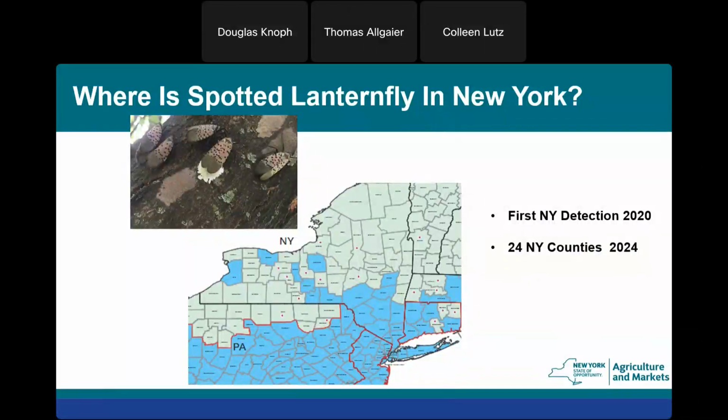So it continues to spread slowly but surely, despite all of our efforts. It was first detected here in New York State in 2020. In the past four years, you could see it spreading from the lower part of the state, where it was first found in Richmond County, which is Staten Island, one of the five boroughs in New York City, and it slowly spread north and east from there, and now spreading west. So, next slide.